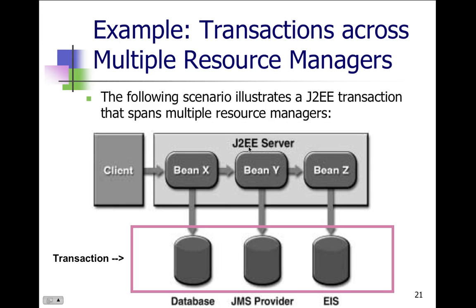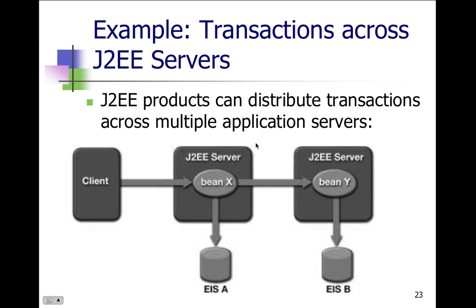So this was the J2EE server, servlet common, and we're going to talk about servlets and servers probably next week. If we take the servers and we branch them out, we are working with the same concept. So the API works in both directions, with one server or with multiple servers. So in this case, the products can distribute transactions across multiple application servers. So we have bean X and bean Y and bean Z, same configuration as before,